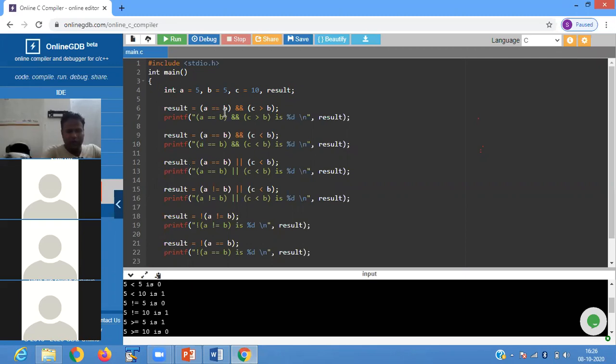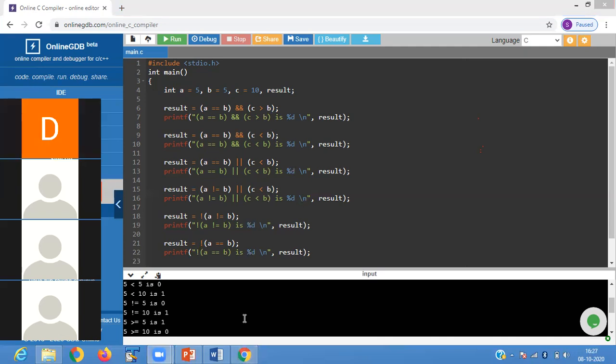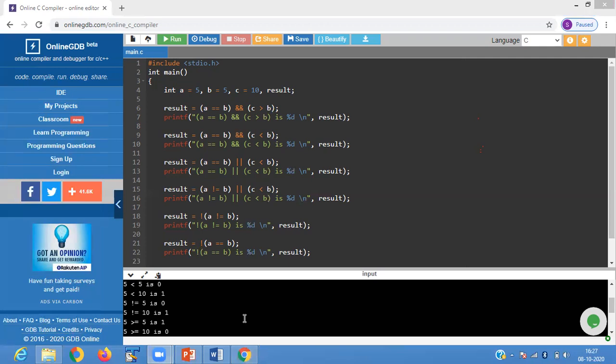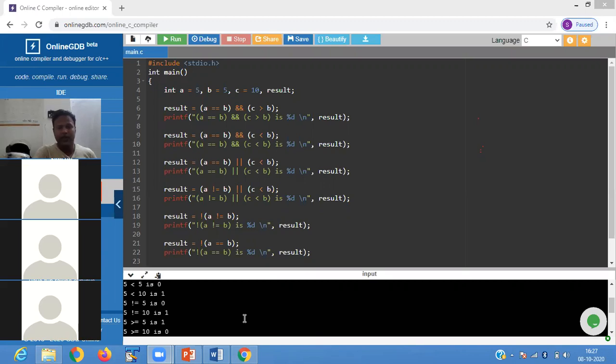The result equals a is equals to b, and c is greater than b.